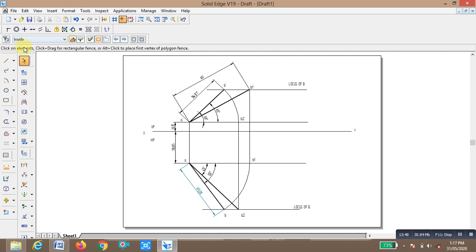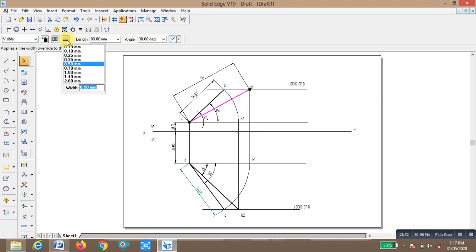Then concentrate more on the unknown values. We are going to find out the apparent length in the front view, the apparent length in the top view, and the inclination with HP, which is 45. The apparent length of the line makes an angle of 45 degrees to HP. This is unknown, we calculated it. In the top view the apparent length is 69.28 and makes an angle of 55 degrees. These two are the unknowns that we find by this method.